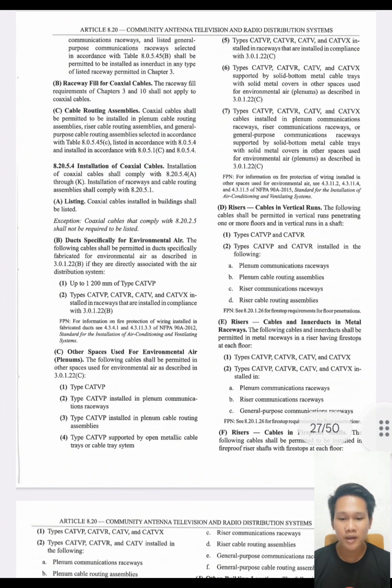Second, we have types CETVP, CETVR, CETV, and CETVX installed in raceways that are installed in compliance with 3.0.1.22b. So, next we have C. Other spaces used for environmental air or plenums. The following cable shall be permitted in other spaces used for environmental air as described in